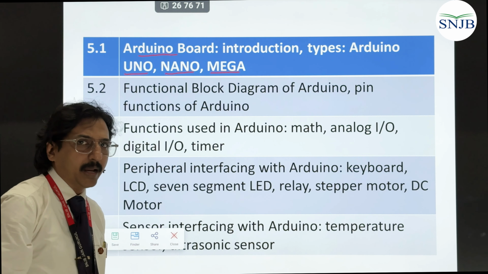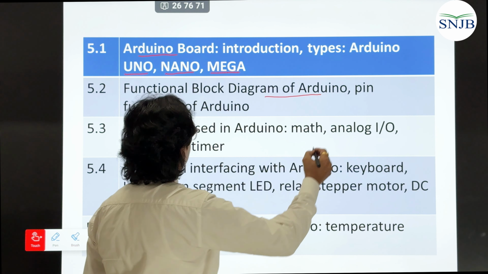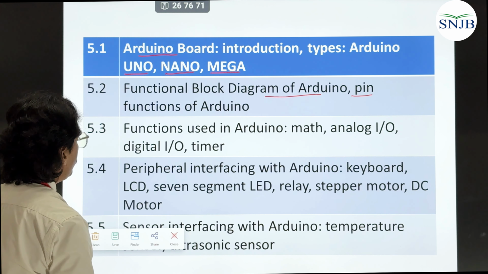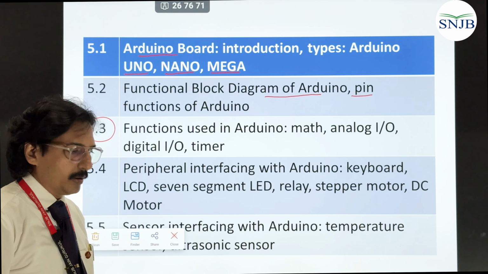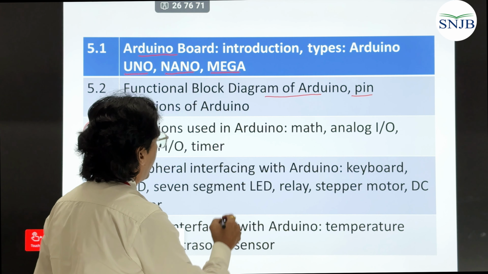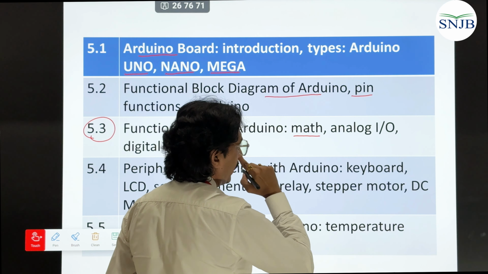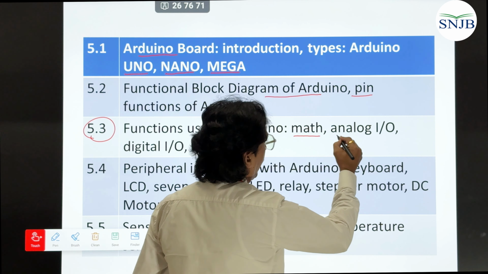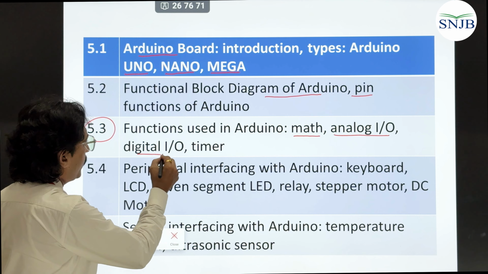In 5.2 we are going to see the standard block diagram of the Arduino board along with its pins and the description of the pins. 5.3 is specifically dedicated to C language functions, that is, which functions our Arduino development board supports, like mathematical operations or analog input output operations using the C language, digital input output and